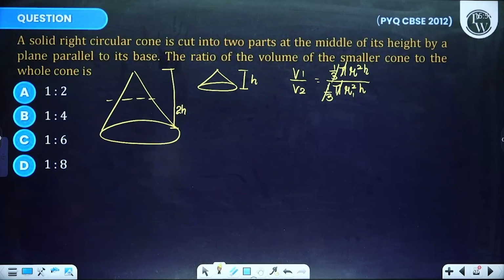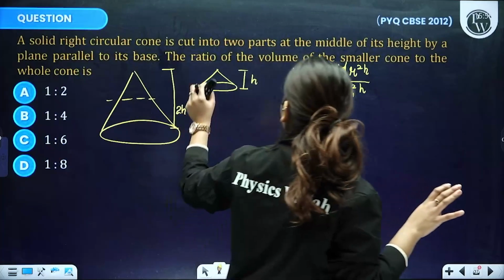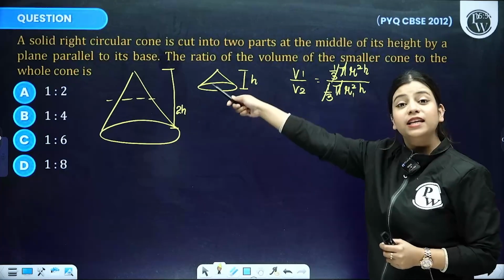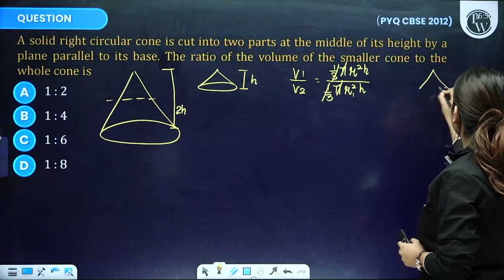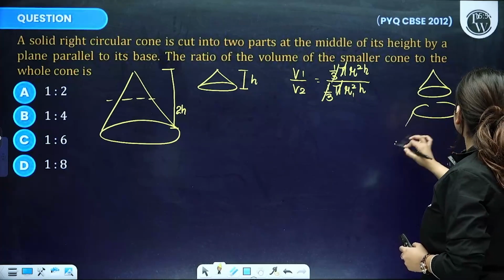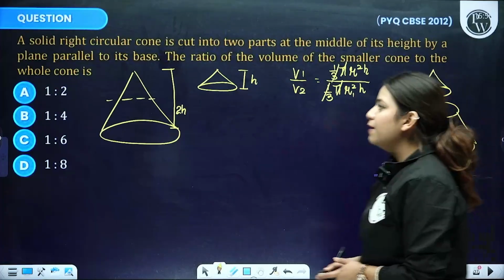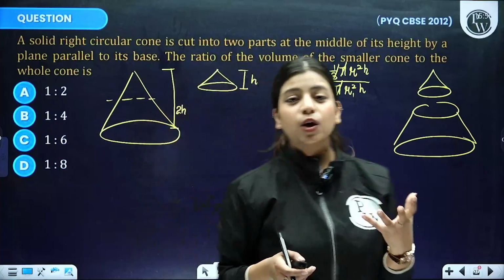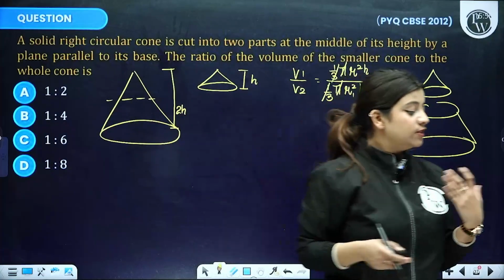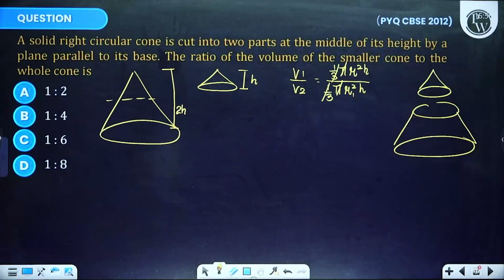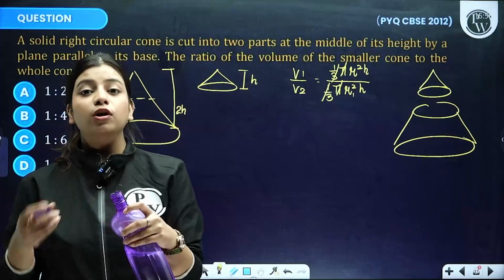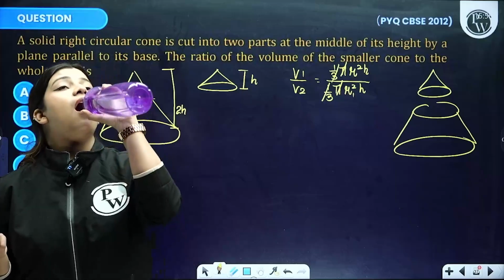Now over here the solid cone is cut into two parts at the middle of its height. Basically the two figures that will be formed from this particular question is these two. Now basically frustum is not involved. If you feel like ma'am, this is like a question of frustum of cone, this is not a frustum of cone, people, because over here what do we have? We are asked for the ratio of the volume of the smaller cone to the larger cone.